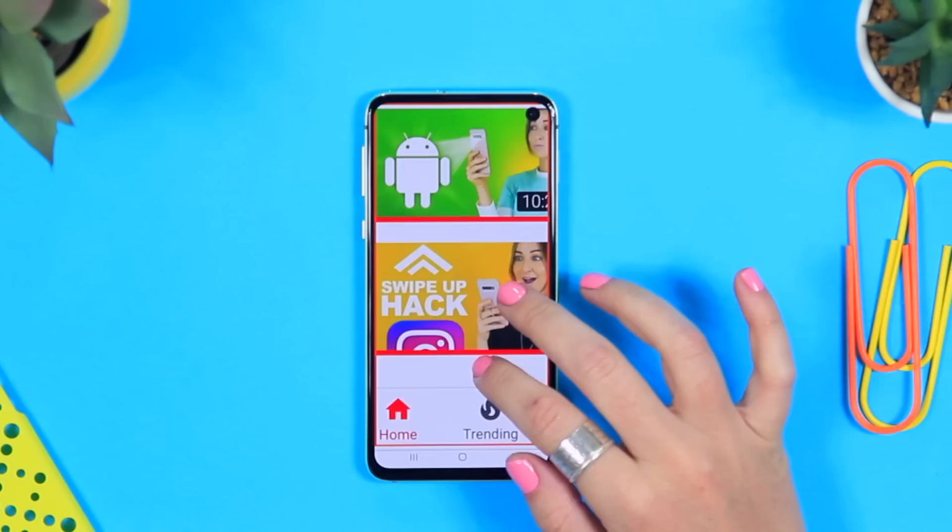Guys, today we're going to be taking a look at the Samsung Galaxy S10e. This is honestly an epic little device, and I'm going to cover a bunch of its features in this video,